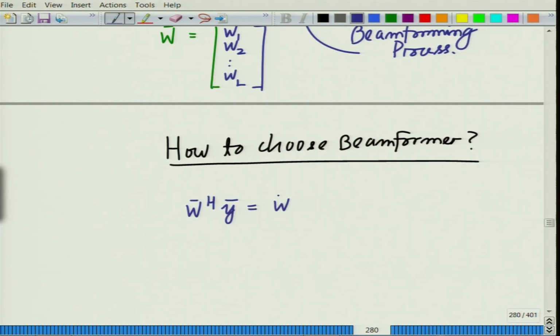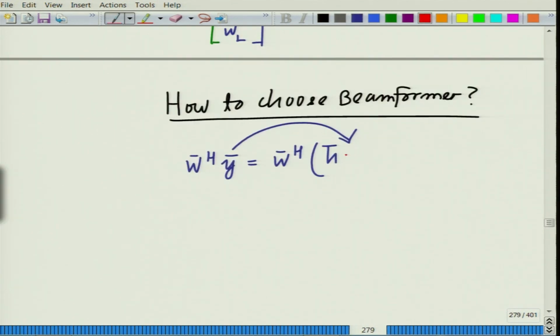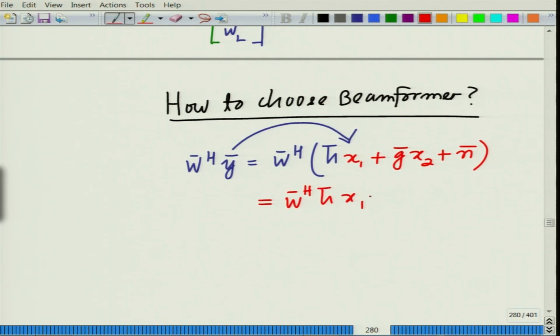We want to perform W bar Hermitian y bar, which, substituting for y bar, is nothing but, if you go back and take a look, h bar times x1 plus g bar times x2, which is equal to W bar Hermitian h bar times x1 plus W bar Hermitian g bar times x2 plus W bar Hermitian times n bar,